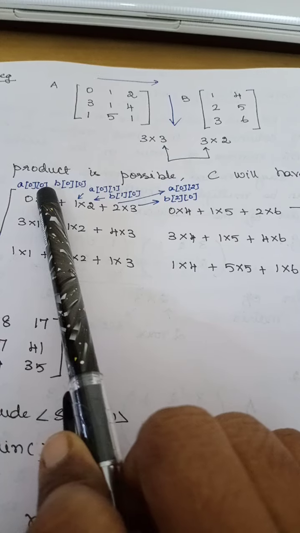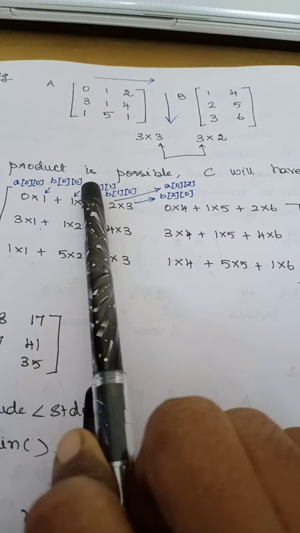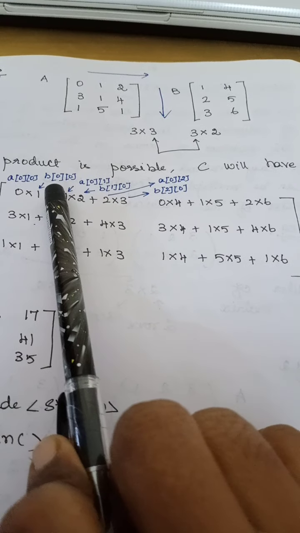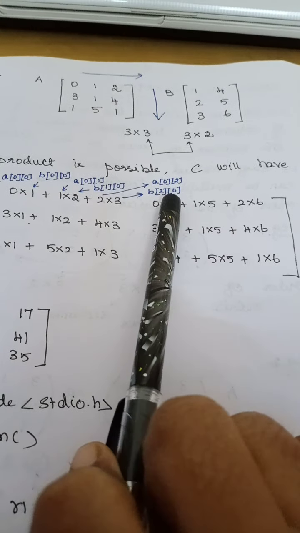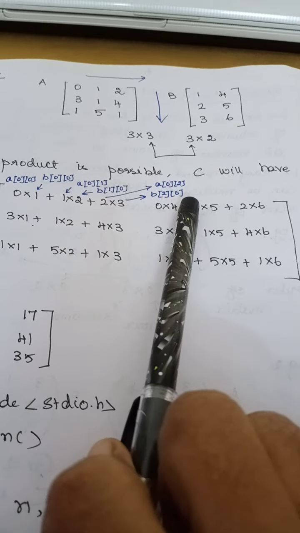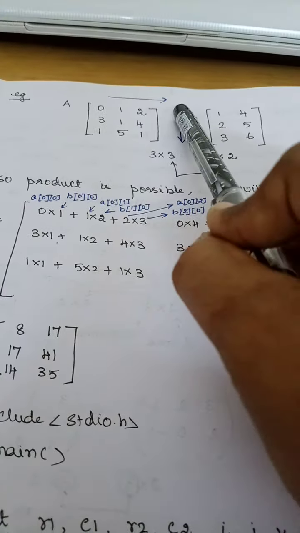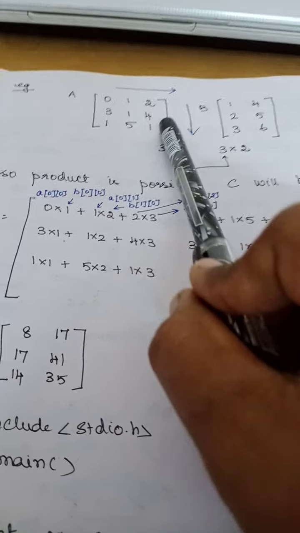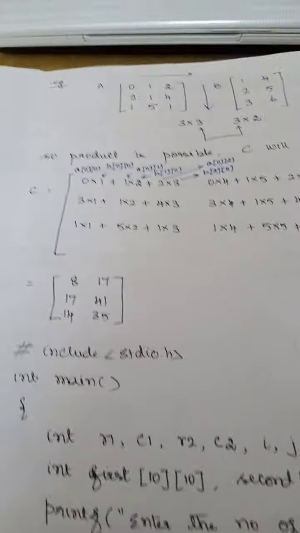Right? I am varying the column value, my second parameter. 0, here it is 1, here it is 2. Similarly, when you take your B, the first parameter is varying 0, 1, 2, where the second thing is 0, 0, 0. So I am varying the row values, here I am varying the column values. This will be helpful when you are writing your program for matrix multiplication. Right? Now we will move on to the program.